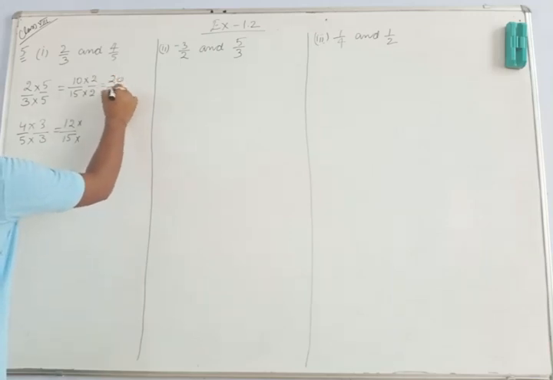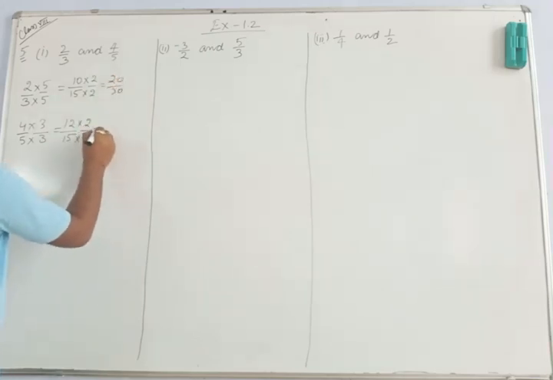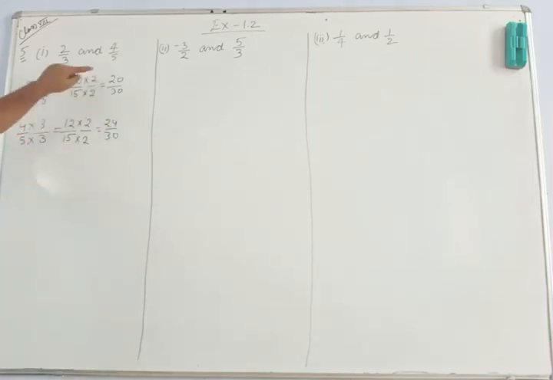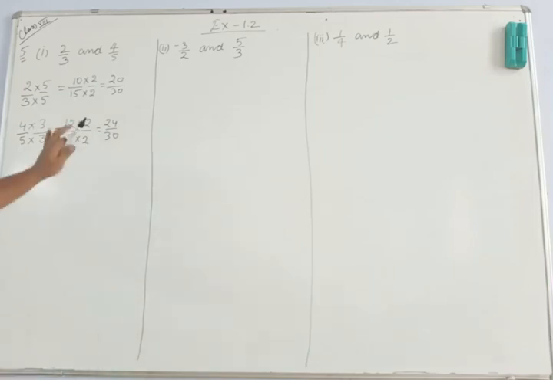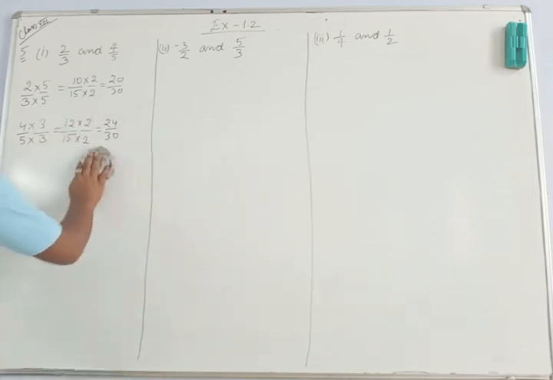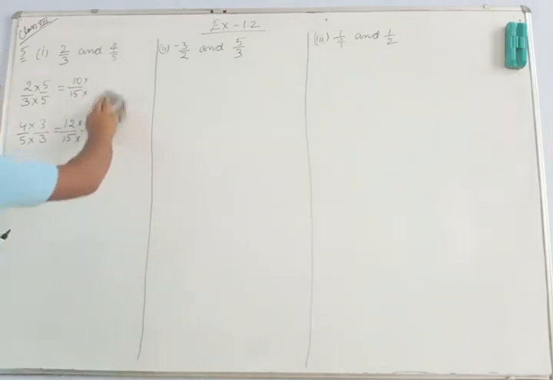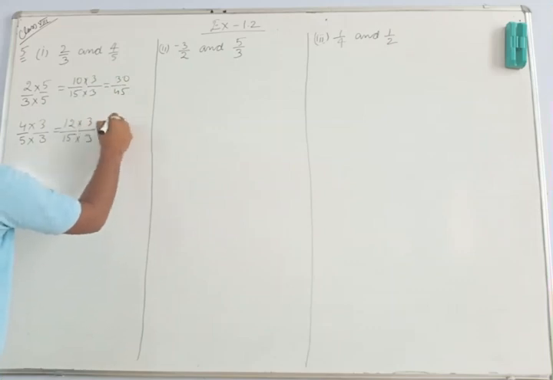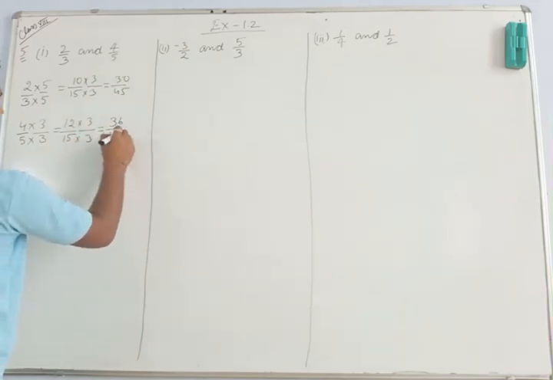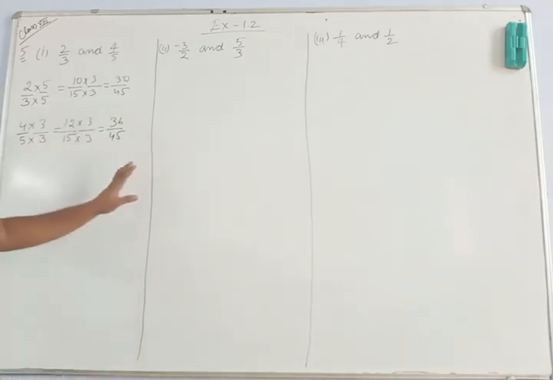So it becomes 20 upon 30, and 24 upon 30. In this case also, how many rational numbers am I getting? 21 upon 30, 22 upon 30, 23 upon 30. That is only 3 rational numbers. That means multiplying by 2 is also insufficient, so I have to multiply with a bigger number. Let me multiply with 3. 10 3s are 30, 15 3s are 45, 12 3s are 36 and 45. So now I can get the 5 rational numbers easily.